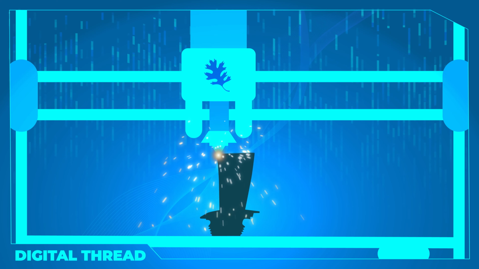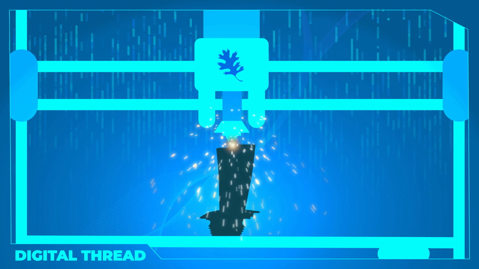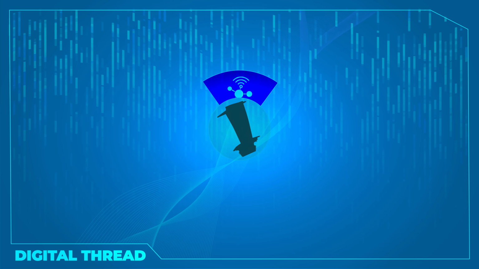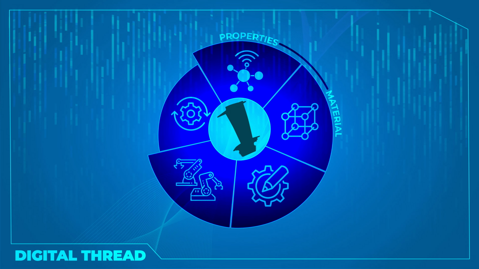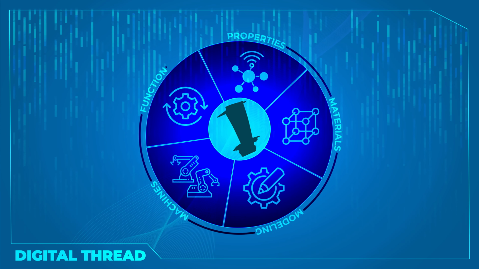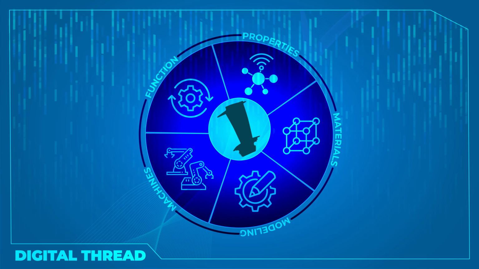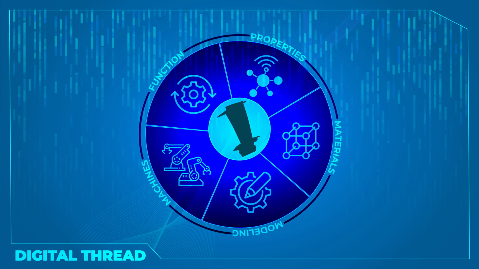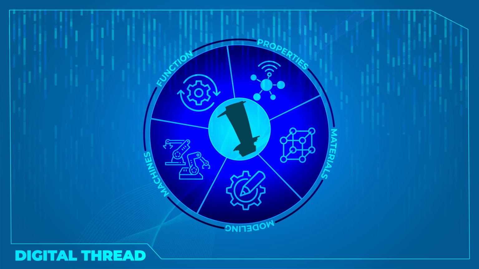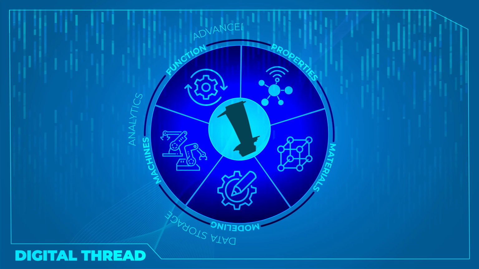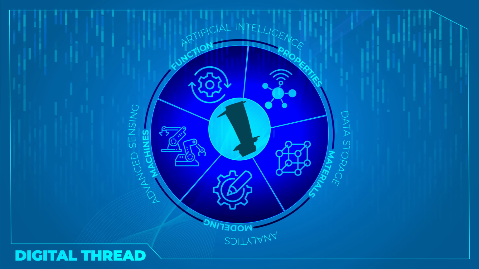Oak Ridge National Laboratory is leveraging the digital thread to improve how critical components are manufactured. The digital thread is a framework for data communication that captures every piece of information surrounding the production of a component, from design and materials to processing. This enables a secure transfer of information and makes data storage, analytics, advanced sensing, and artificial intelligence part of the